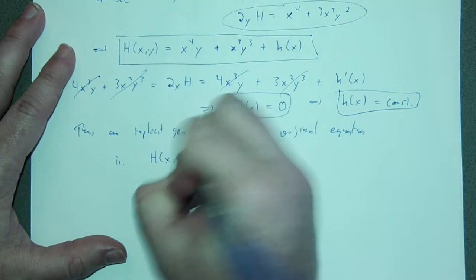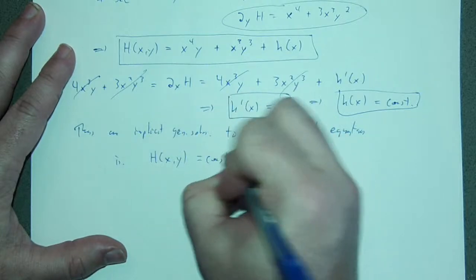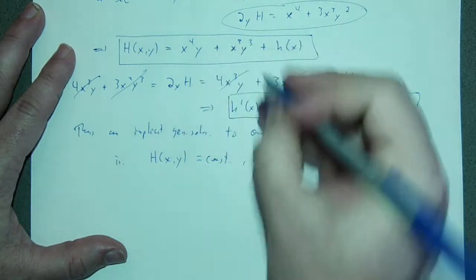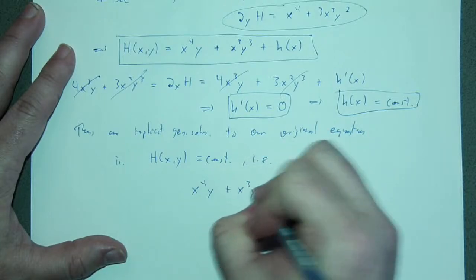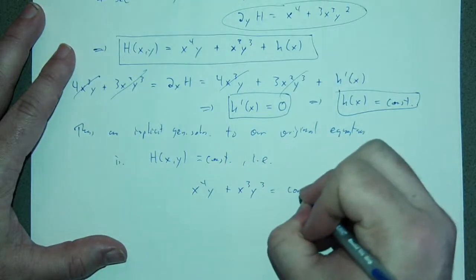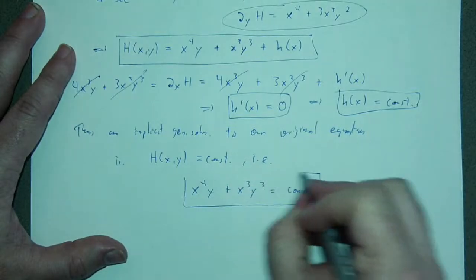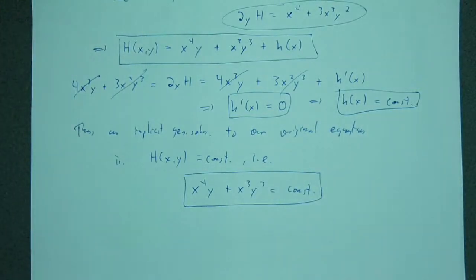h of xy is equal to constant, i.e. x to the fourth y plus x cubed y cubed is equal to constant. All right, so you saw how involved of a process that is, right? That took us quite a while to do, and so these problems tend to be very